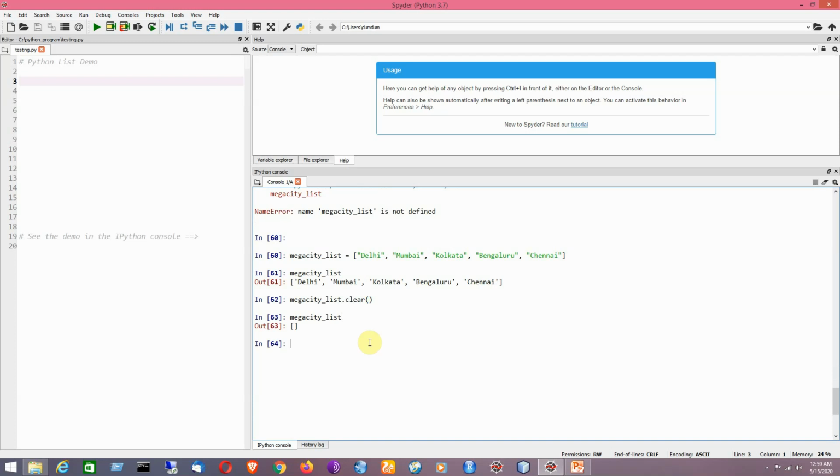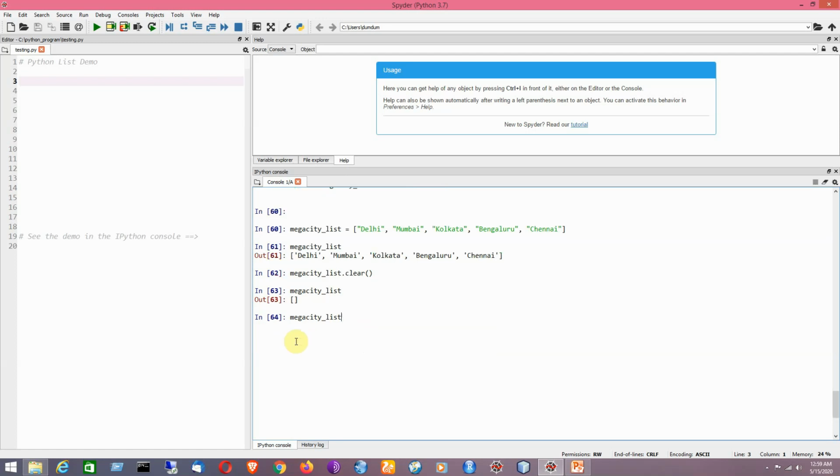So that is the idea. By using the clear method you can make the list empty. Clear? The square brackets are showing here an empty list. Now I would like to create it again for the next example demonstration.